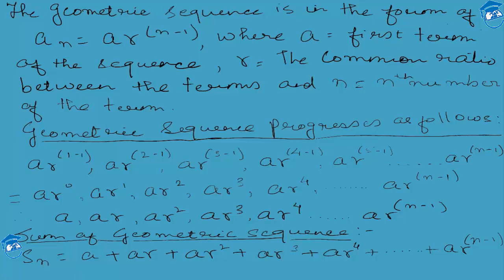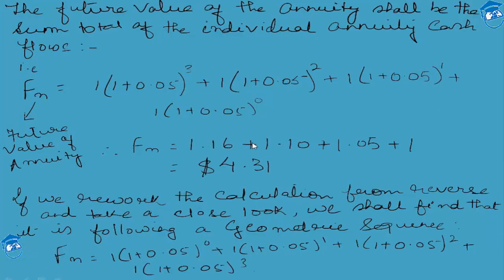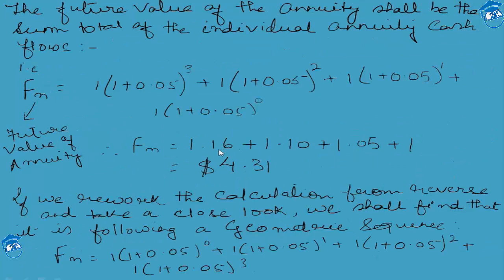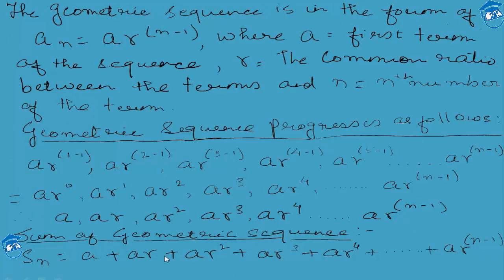For Sn also, the first term is just A because it has been raised to the power 0, and it is the same thing which we found over here, that when we took up the backward calculation, the first term is starting from the power 0, which means that the first annuity is becoming just 1. This shows that the annuity invested at the end of the 4th year doesn't really fetch any return. So with this striking similarity, we can say that the formula for calculation of the future value of an annuity follows the same geometric sequence, which is again Sn is equal to A plus AR square plus AR cube and AR4 to the extent of AR n